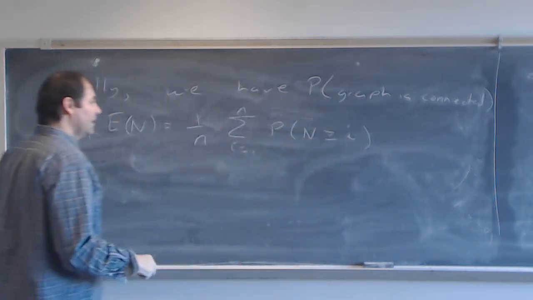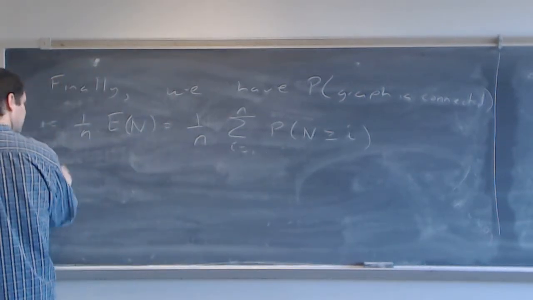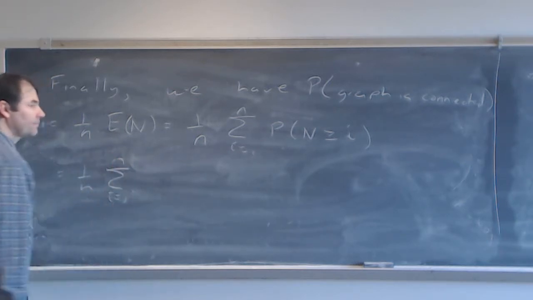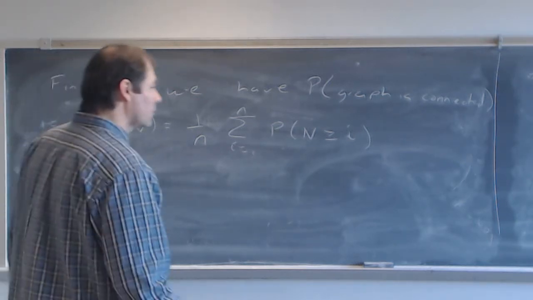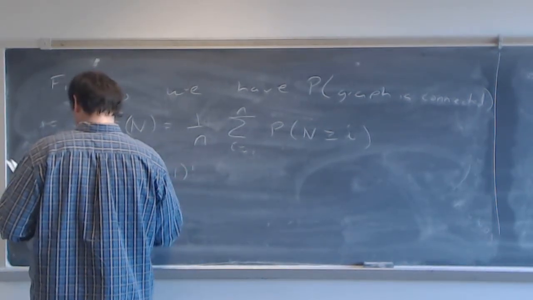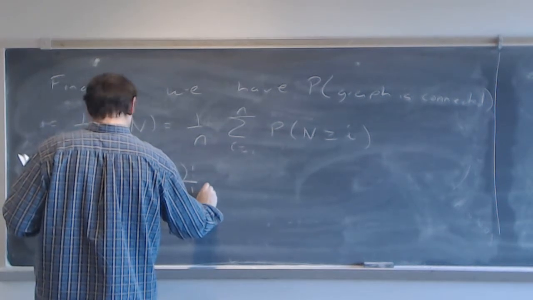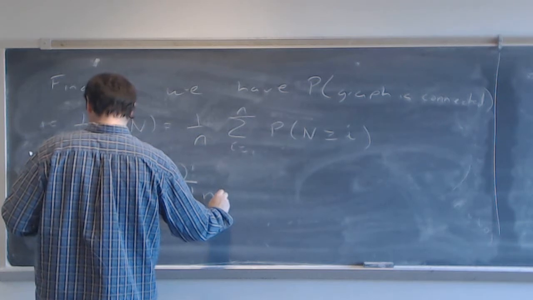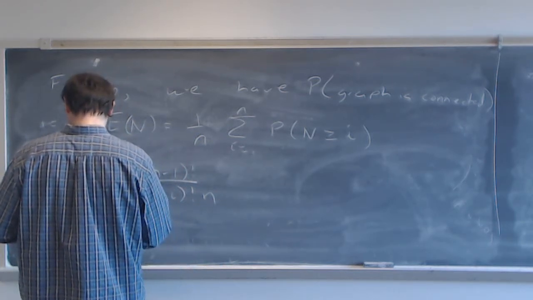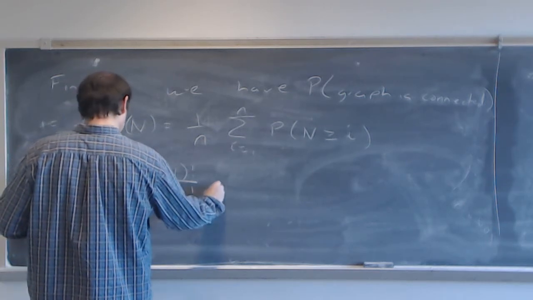That's what we have. And now we've got something for this. That's equal to 1 over n times the sum as i runs from 1 to n. Here we have this n minus 1 factorial over n minus i factorial, and then n to the,